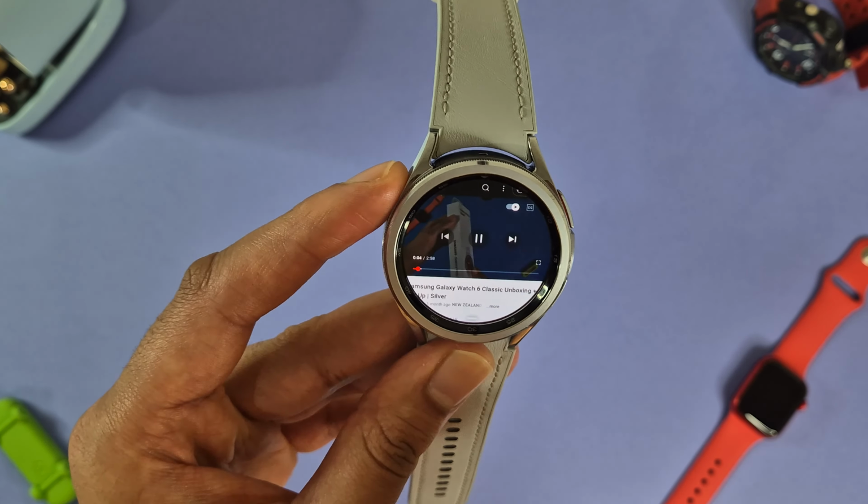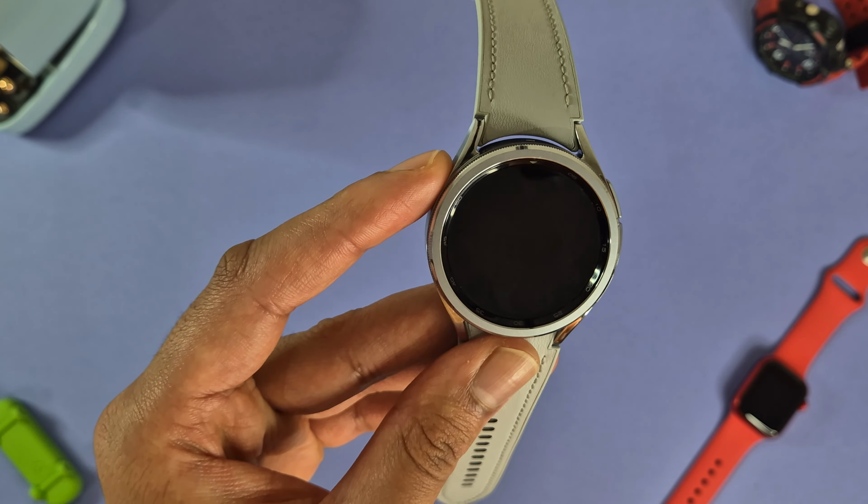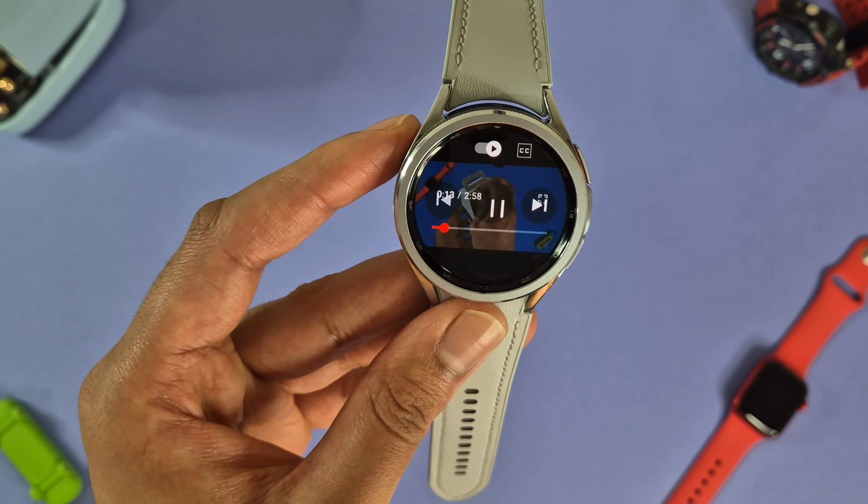Alright, so what are my final thoughts on this watch? Well, I gotta say, I really enjoyed my time using this watch. No pun intended. It's honestly a solid watch that's been able to keep up with my day-to-day activities, like responding to messages, answering calls. The sound quality here is also good. The performance, the battery, and the utility that this watch provides has been decent in my time of using this watch. The design and the color here for me are one of the highlights of this watch, and I am